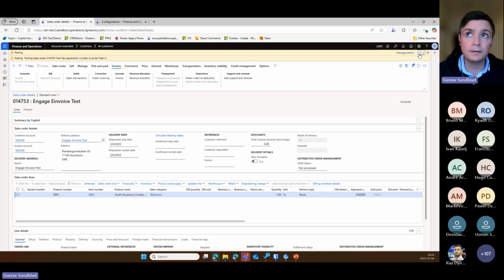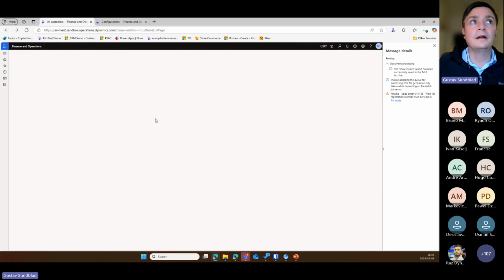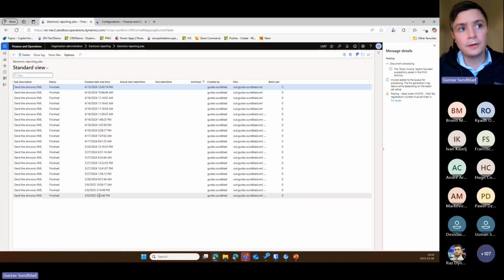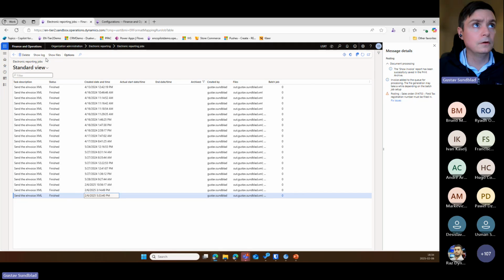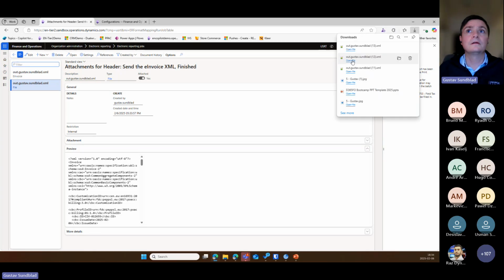So this is posted. If we click on message details, you can also see here, invoice added to the queue for processing. The file generation will take a while. So this means that the invoice is posted and I can go to my electronic reporting jobs. And I can find my actual invoice here, 5:33 p.m. Yeah, that's this one here. And here I can go to show files. I have two. I will tell you why. And if I open this, here is my